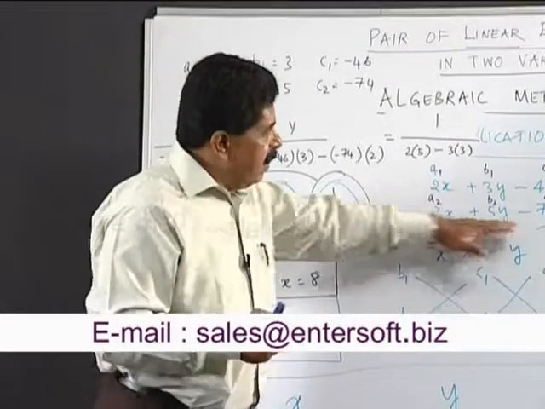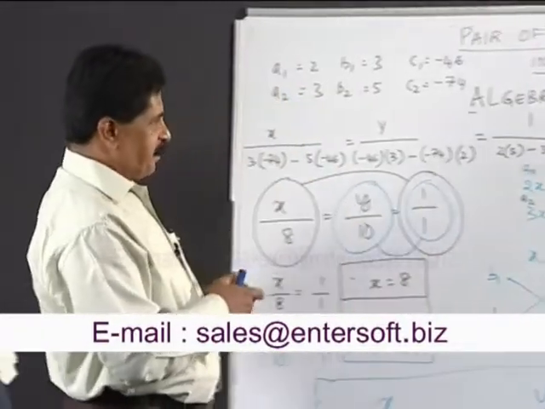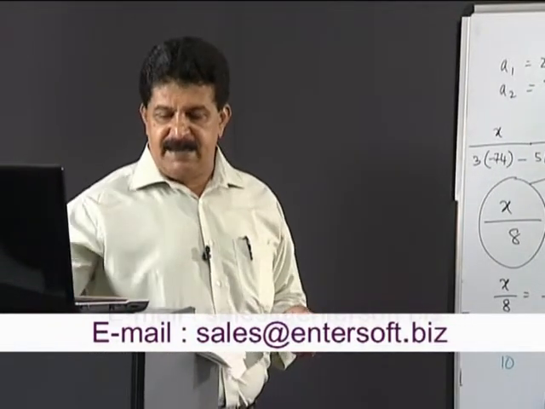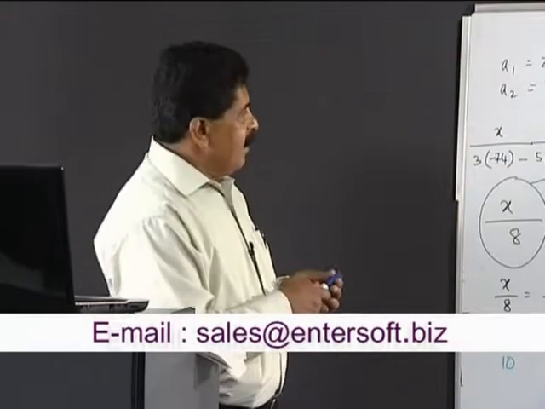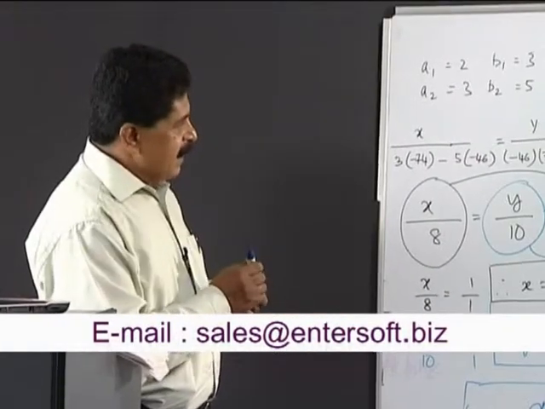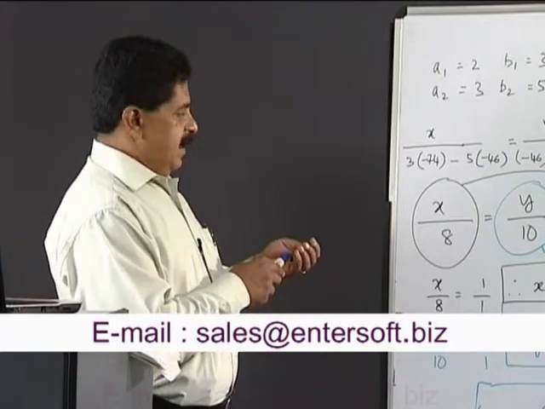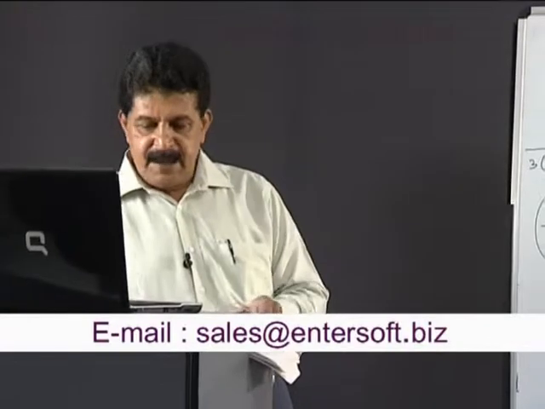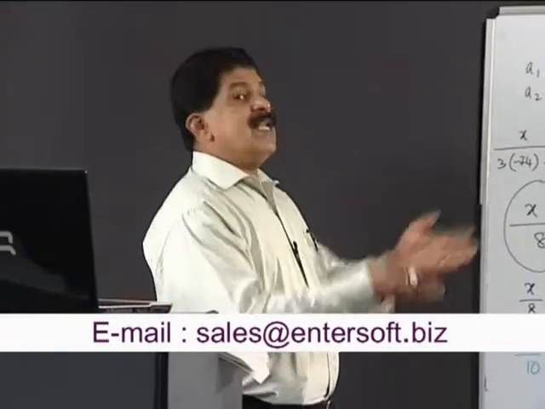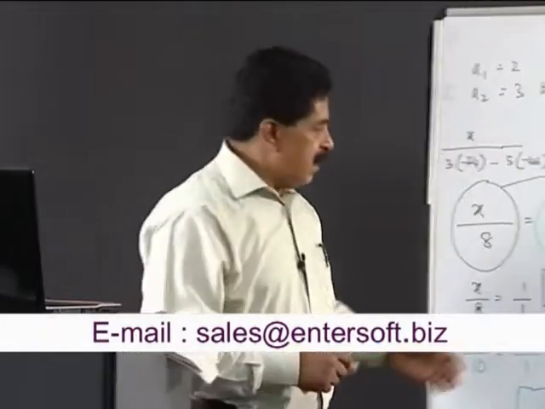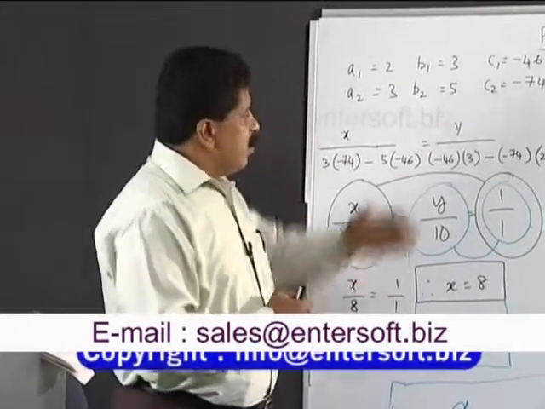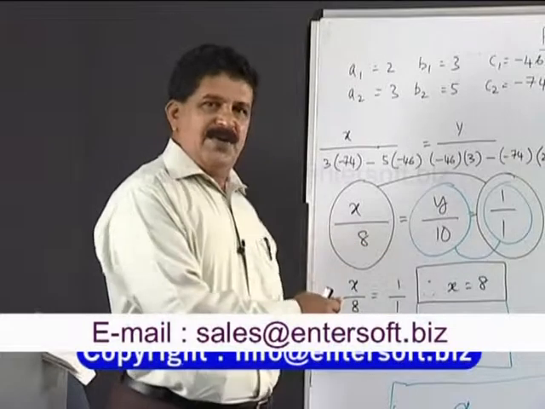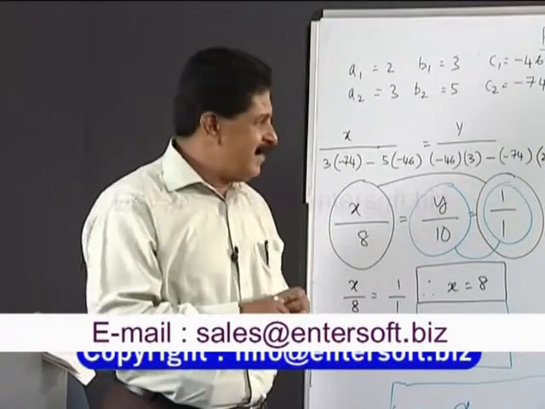Can be used for any particular thing, but there is a trick involved in this. This is very important for us to understand. What is the trick involved? Let us assume that the pair of given linear equations in two variables happen to be inconsistent. That means there was no solution. So when you do all these jugglery and finally you say that I am not getting a solution, is a troublesome issue. Is it not so?